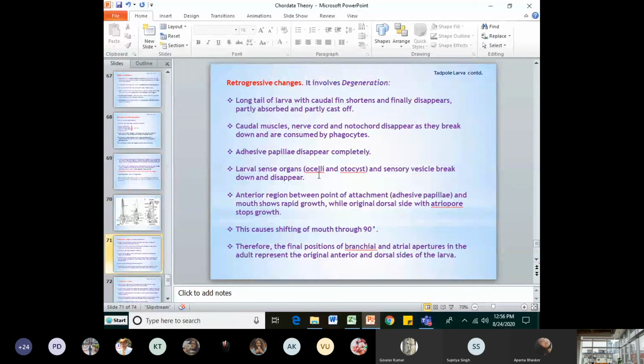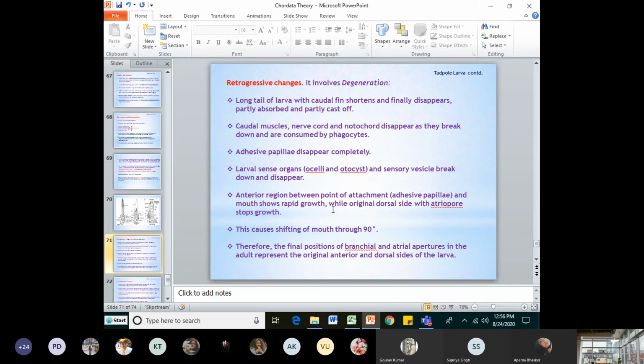Then larval sense organs, ocelli and otocyst and sensory vesicle break down and disappear. And the anterior region between the point of attachment, which are called adhesive papillae, and the mouth shows rapid growth. We had discussed in one of the previous classes of our practicals, in which the